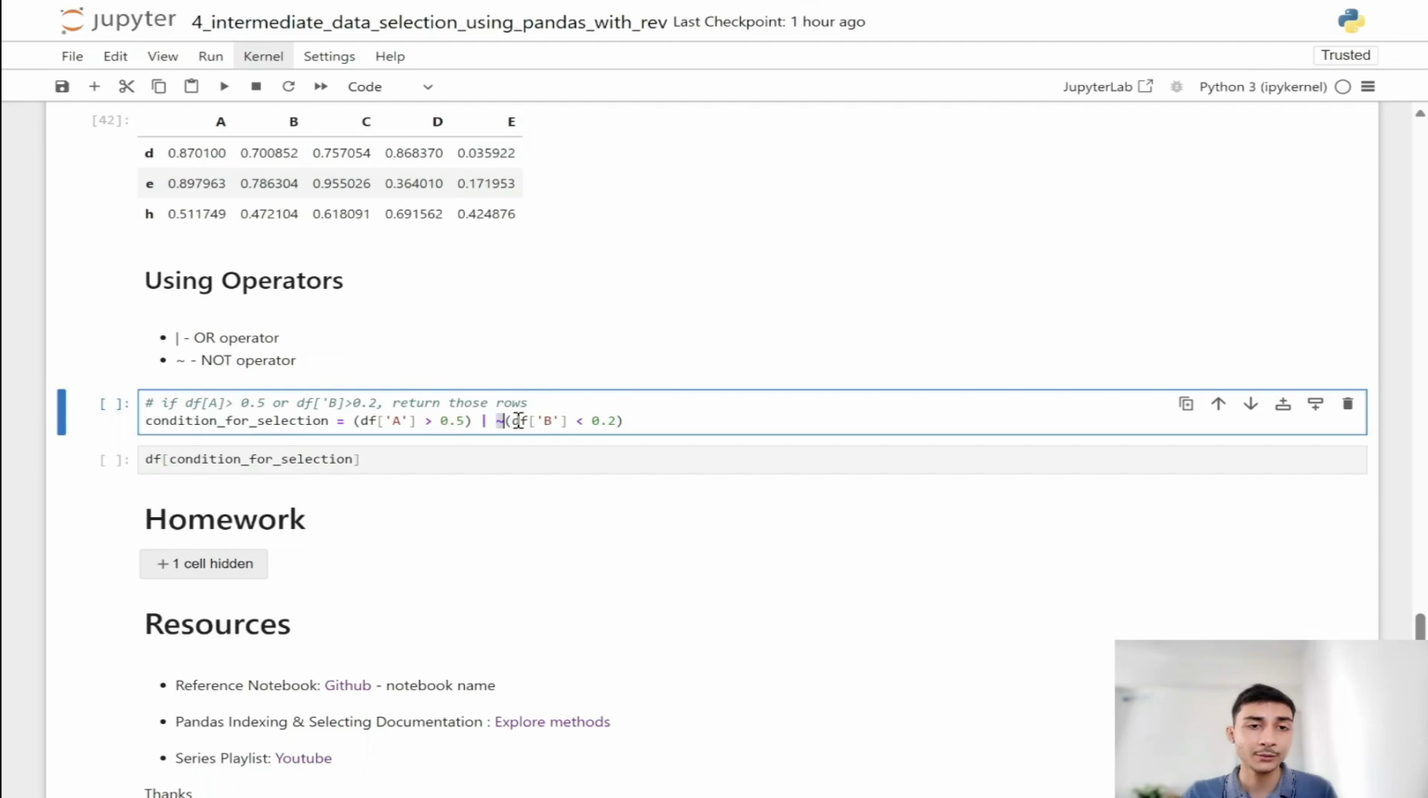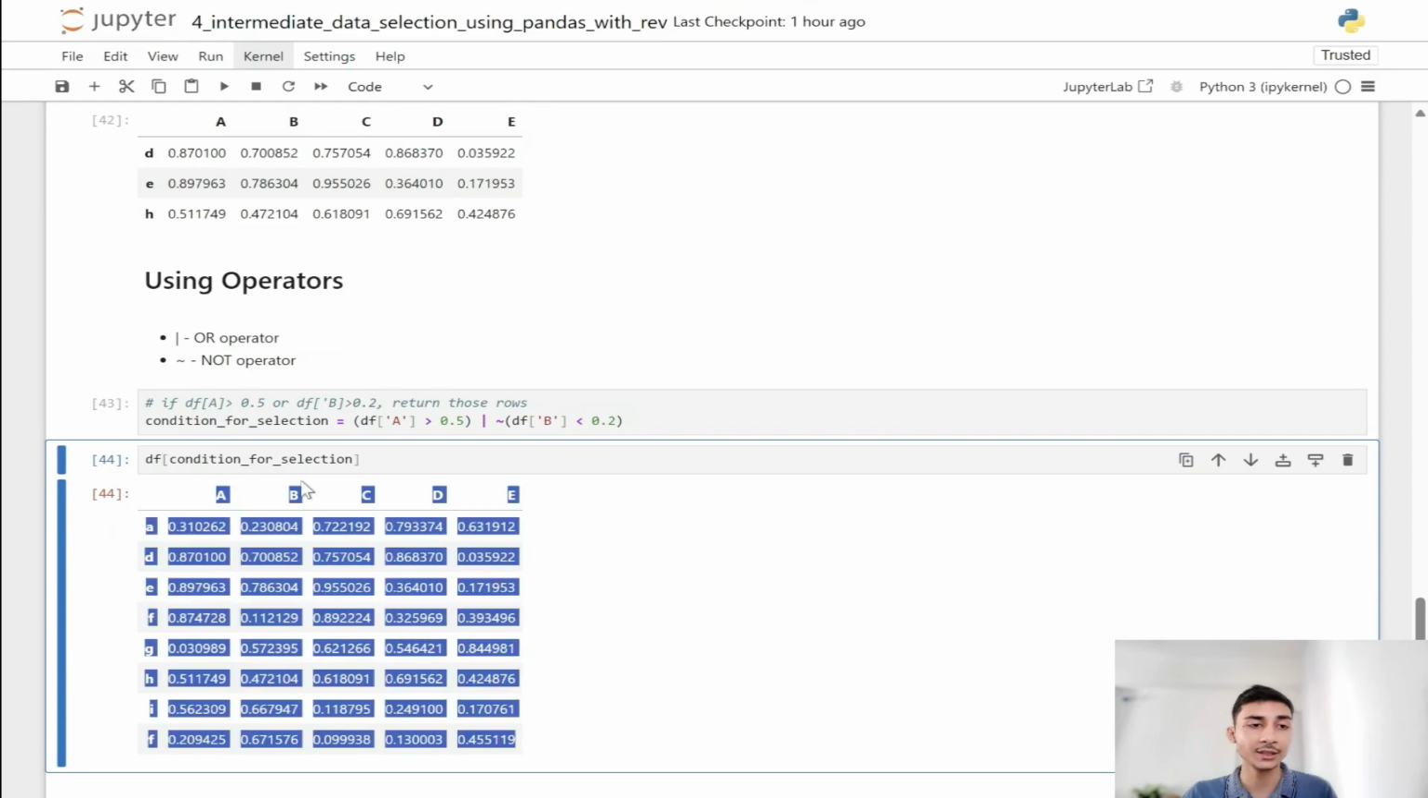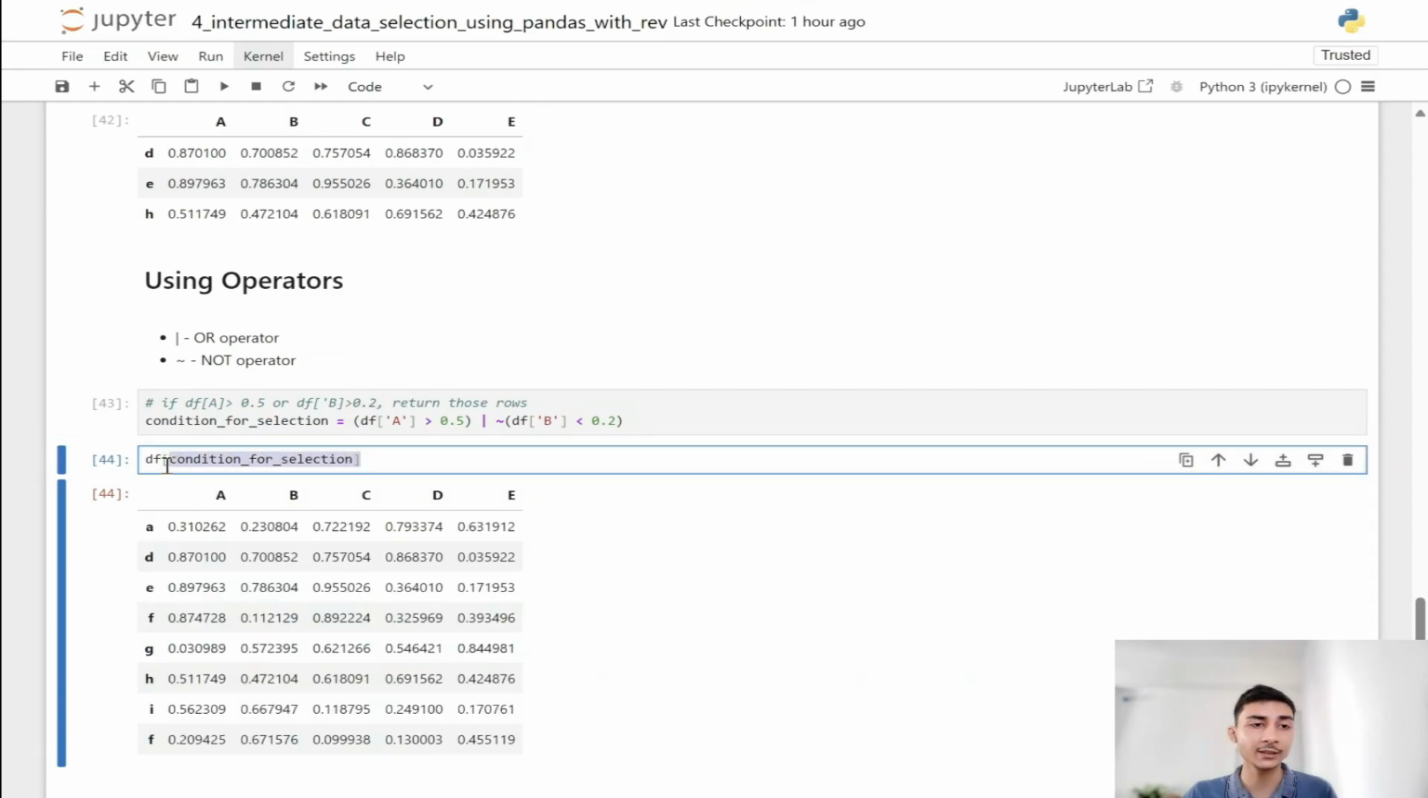So just use the NOT operator on df of B less than 0.2. That means all the values for the B column where value is less than 0.2, and NOT means that it will be greater than that. And then using the OR operator, you can find the condition where A is greater than 0.5 or B is greater than 0.2. Once we have done that, you can use the df with the condition for selection directly